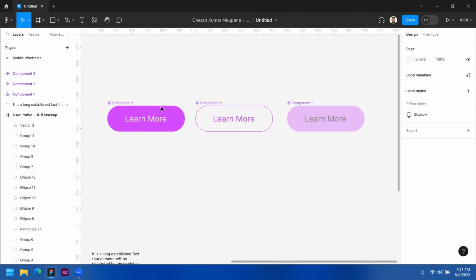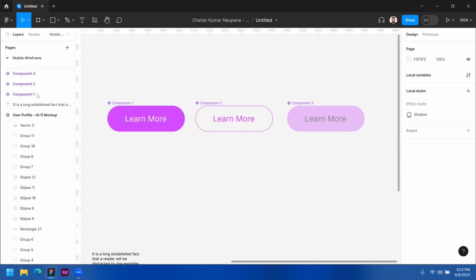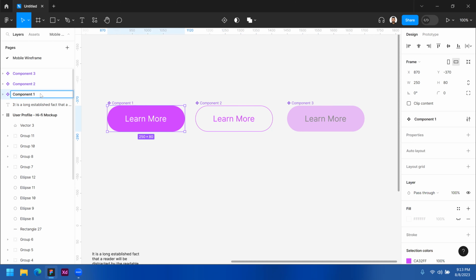So simply, we created one component. Now it's time to rename. See, once we create the component we need to rename it. Let's rename it in a simple way. I will rename it as